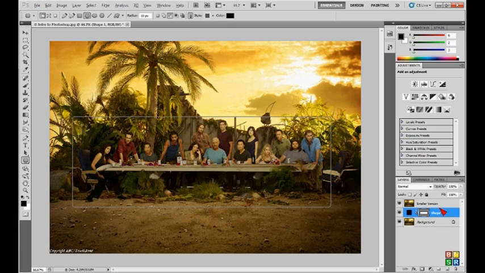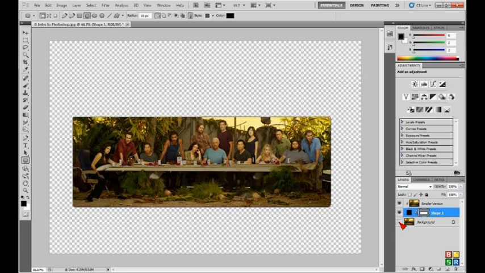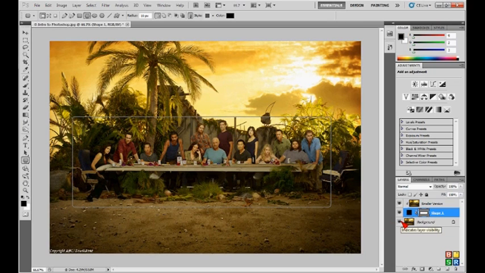Once I get that, I'm just going to go ahead and click once, and you'll notice that nothing really happened to my picture, but in my layers panel, my smaller version layer has indented to the right with an arrow pointing downward. This means that this layer has been clipped. To sort of see what it really did, I'm going to remove the visibility of my background, and there you go. I've sort of cropped this smaller version using the clipping mask. Let me go ahead and turn the background layer back on,